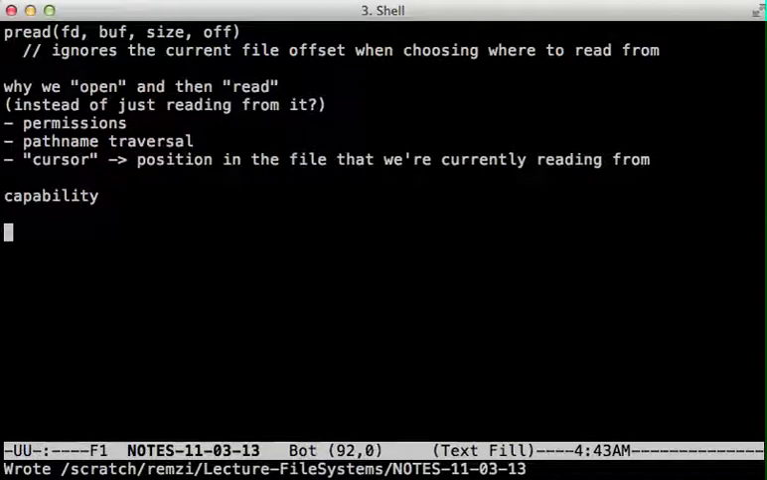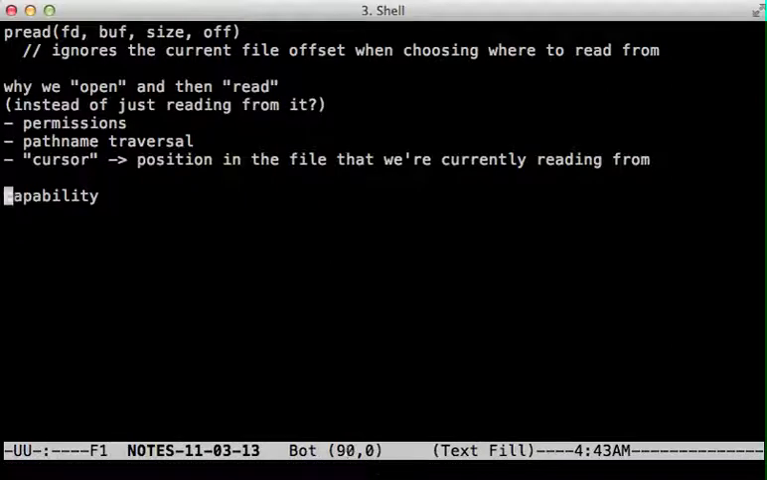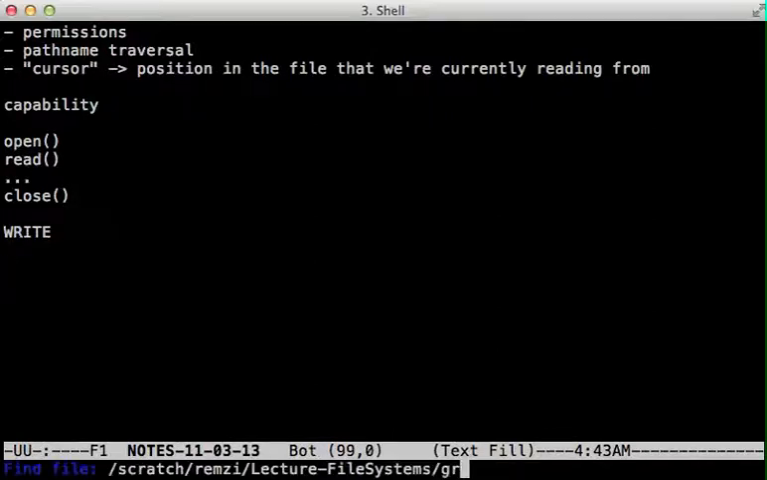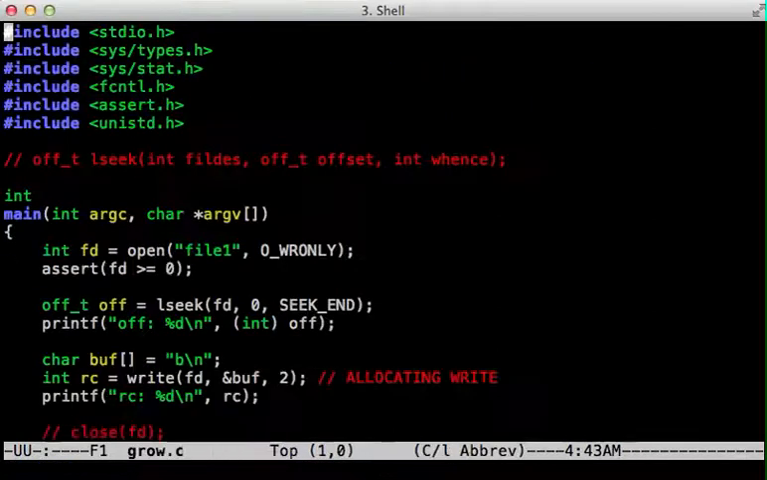Anyway, we were talking about opening a file and reading it. At the end of that, after doing open and then some number of reads, you might close the file, and close just lets you basically recycle that particular file descriptor. It makes the file no longer accessible. Now we're going to talk about writing. Writing is a little bit similar, of course, to reading. Here's an example of